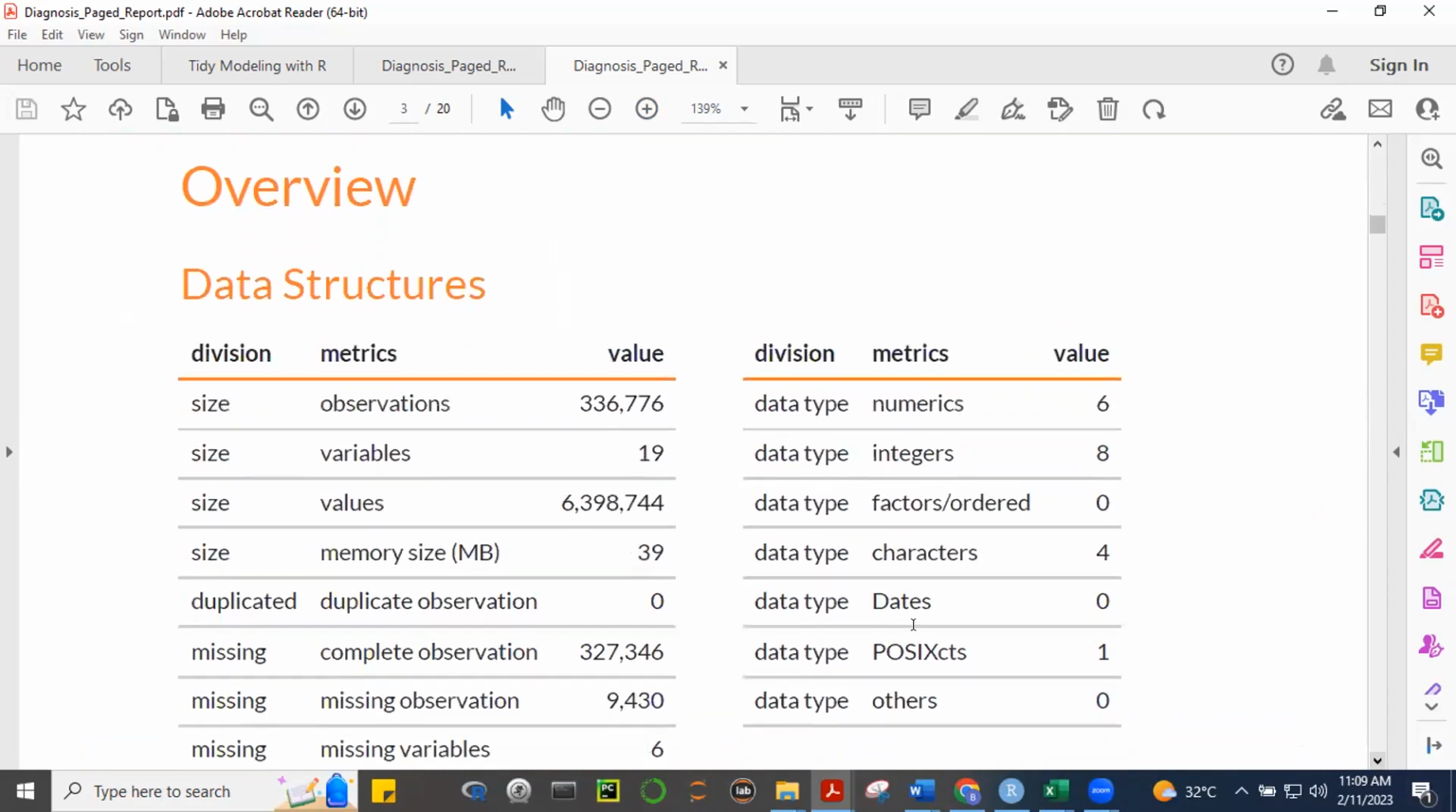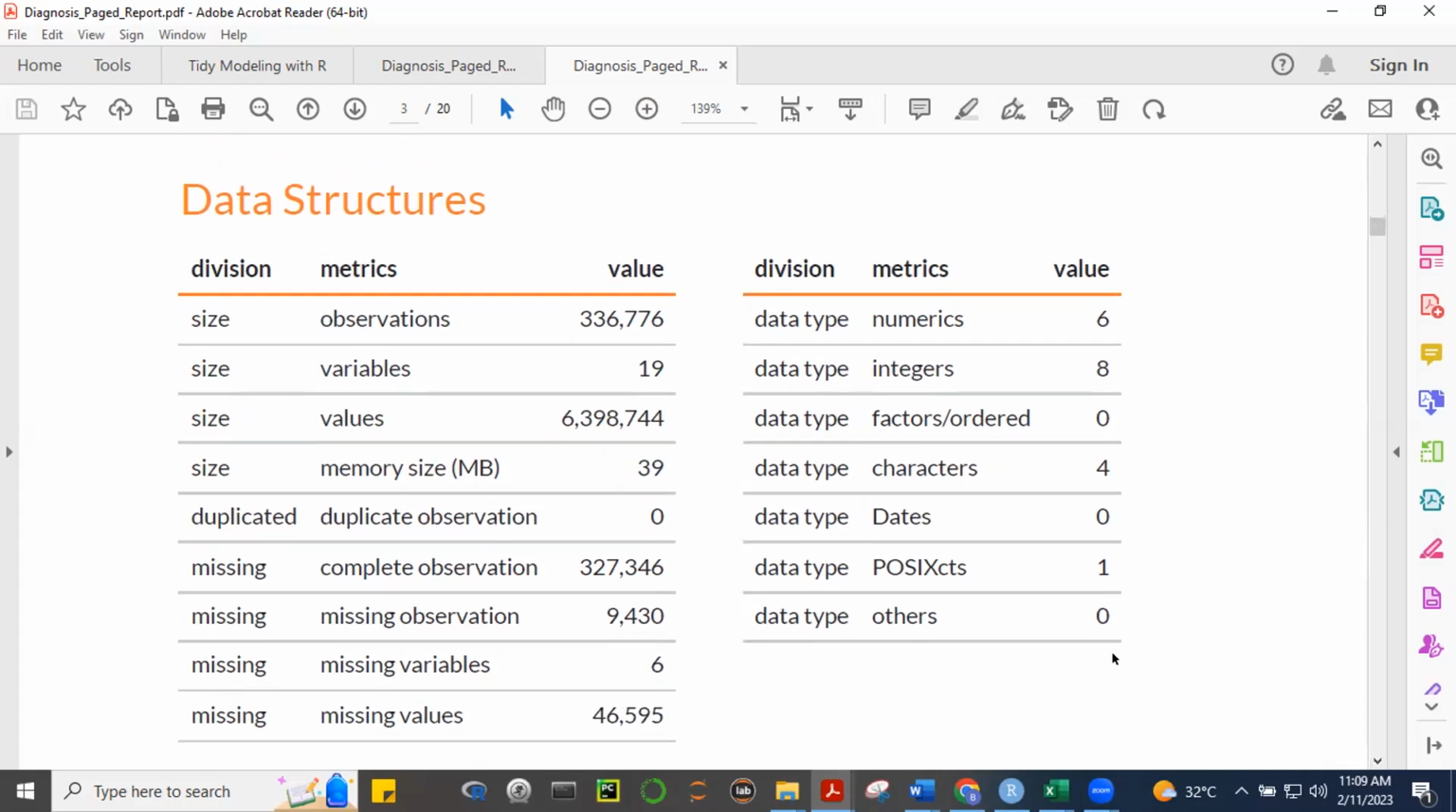Okay, so ito yung mga laman, overview, no? Mga metrics, yung size, ano yung size ng flights dataset? Metric observations, 336,776 observations. Another size, yung size ng variables, ilan siya? 19. Size, another size, ilan yung values? All in all, 6,398 values. Size, memory niya, 39 megabytes. Okay? So you can see here, grabe yung